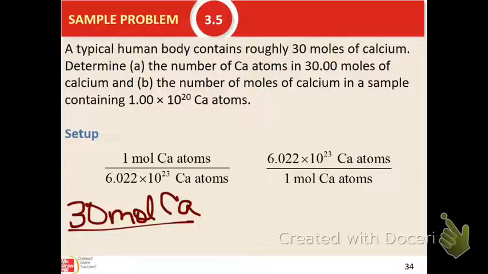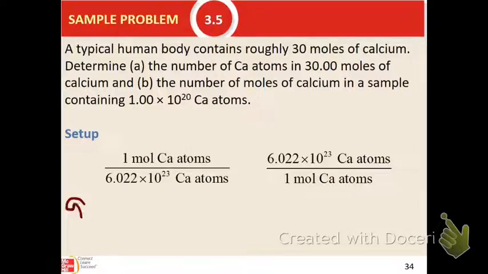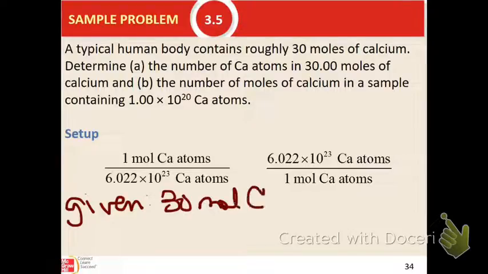Well, let me write it as a given. Our given is 30 moles of calcium. Please write your symbols correctly. What's our unknown? Determine the number of calcium atoms. So our unknown is the number of atoms